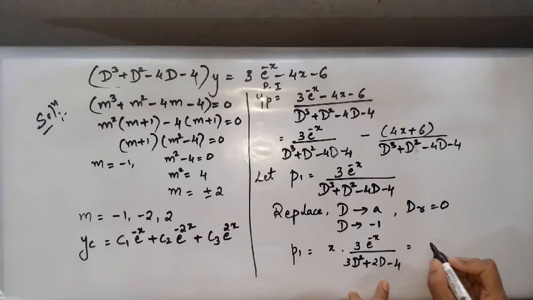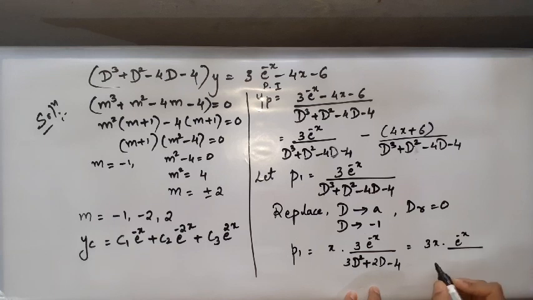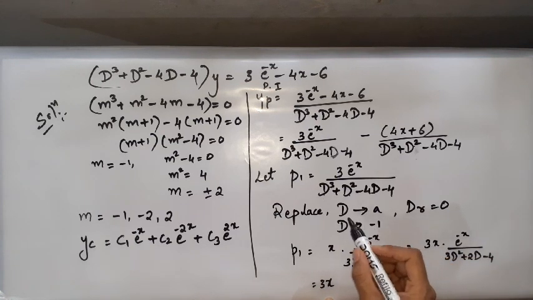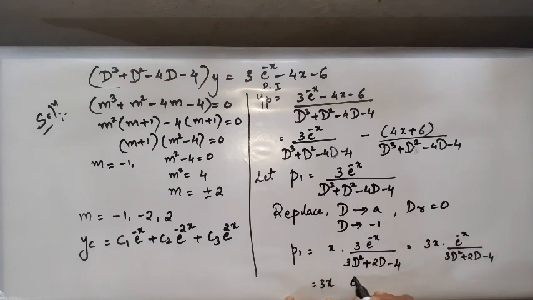So now again, I will take that 3, it is constant. So it will become 3 into x e to power minus x divided by 3d square plus 2d minus 4. So make a note, I am writing that x aside, just to avoid this denominator operating on that x again. So you have 3x. Now again you are going to apply that rule, that is replacing d by minus 1. Let us apply that rule again now. So if you put d as minus 1, it will be 3 into minus 1 square, because the value for a, the quotient of x, is minus 1 over here. So we are replacing every d by a.